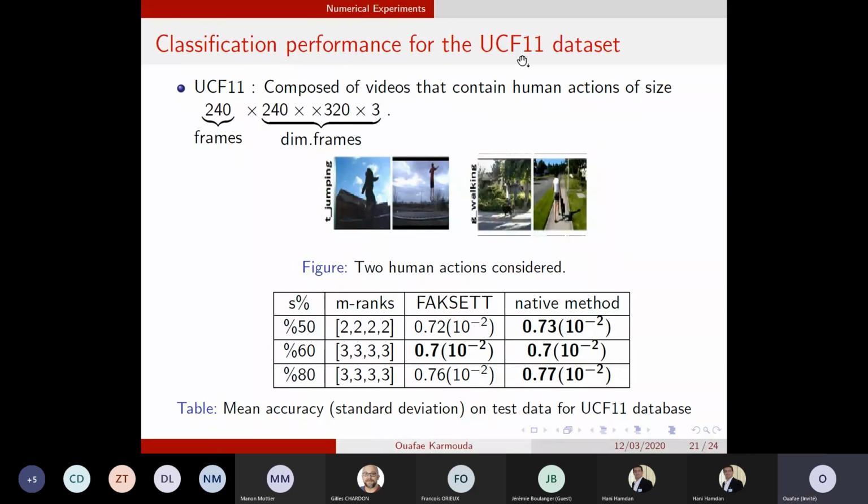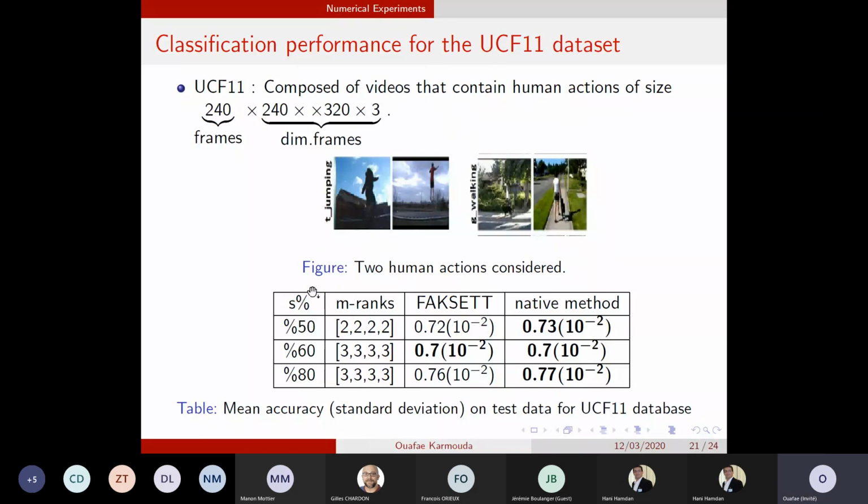we have two real datasets. The first one is called the UCF11 dataset that is composed of videos. So these videos can be seen as a fourth order tensor, where the first dimension contains the number of frames, and the other three dimensions are the dimensions of the frames. We choose two classes to classify from these datasets. Each class contains 109 tensors,